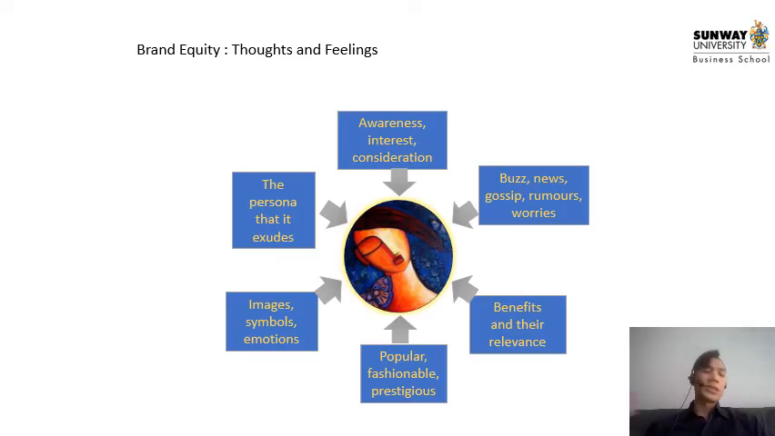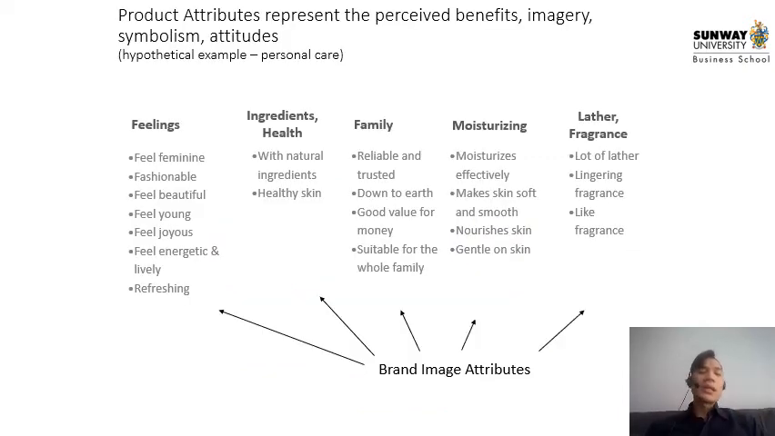So for example, it could be the persona, the awareness, the news that they hear about the brand, the benefits, the relevance, and of course the image, the symbols, and the emotions. Maybe it could be popular, fashionable, or even prestigious. Some other brand attributes could be, let's say, for example, personal care. Their feelings, that they feel beautiful, or ingredients which are healthy, family which are down to earth, good value for money, things that are important to your consumers, moisturizing, leather, fragrance. So under each of these main attributes,